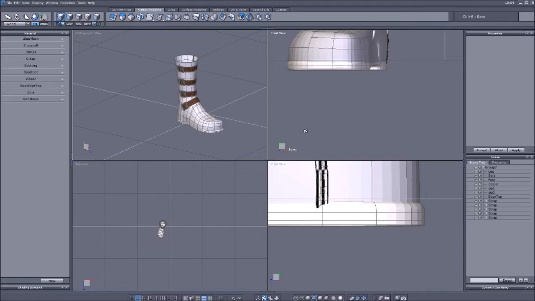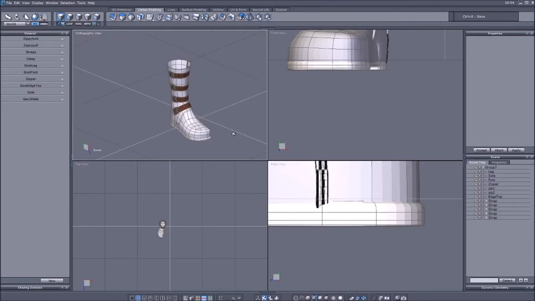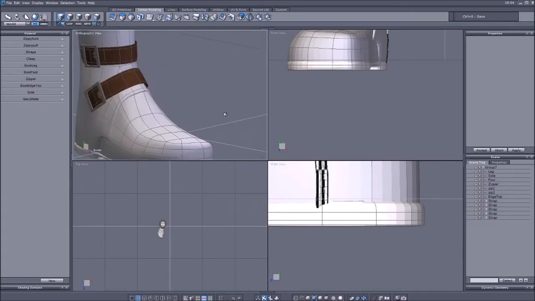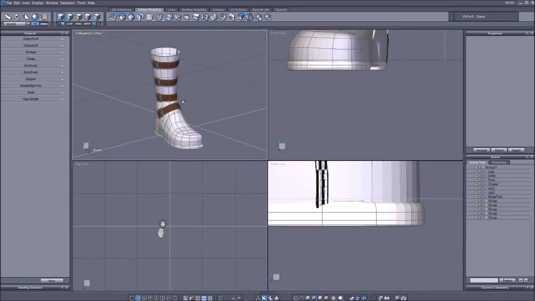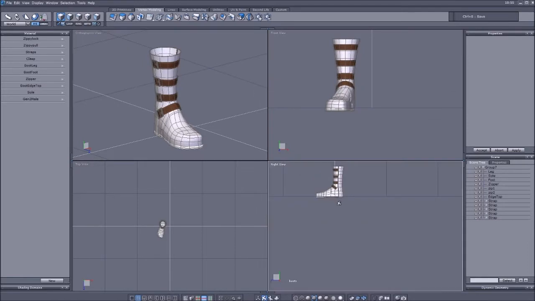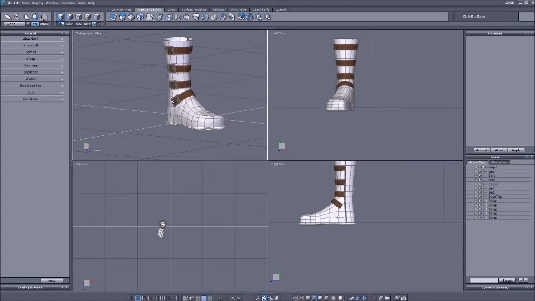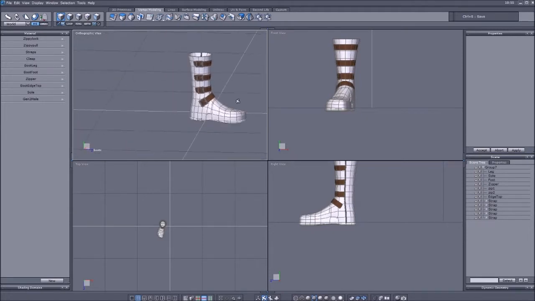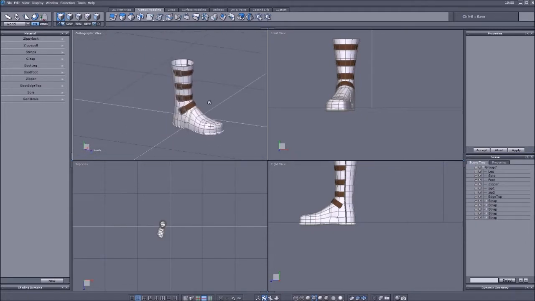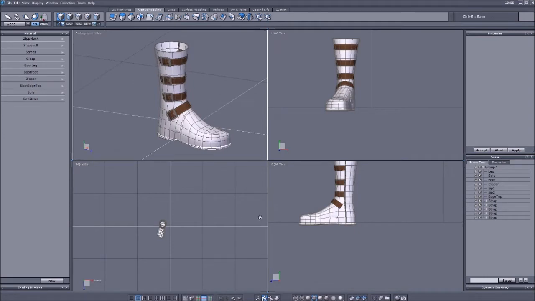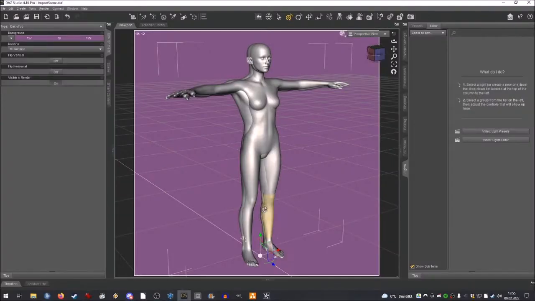This is a video that I actually do in real time, so no commentary, but rather this is a video in response to one of the comments under my last video. Especially this is about how I export stuff in Hexagon and how I import it in DazStudio. So right now, as you can see, I have a boot open. This is a heelless boot. It's from the Genesis 2 male, and I chose this because